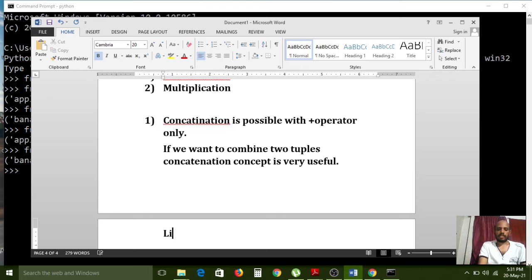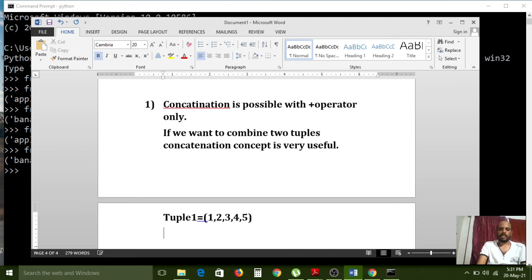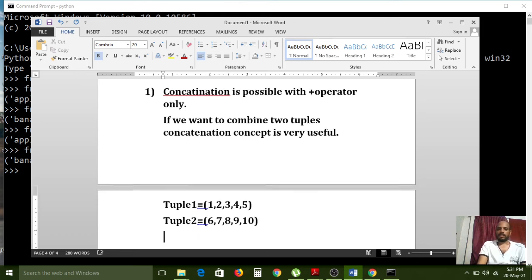So tuple 1 equal to opening bracket 1 2 3 4 5. So the first tuple I have created, and the second tuple equal to 6 7 8 9 10. Like that.